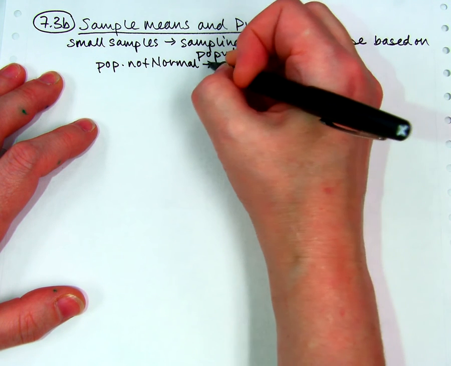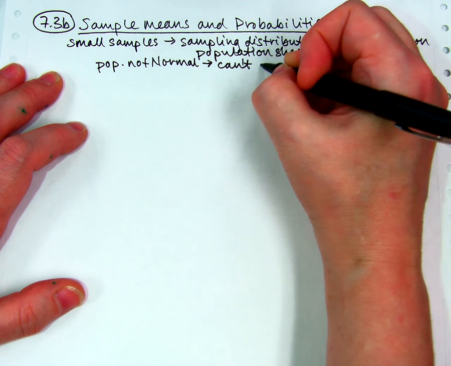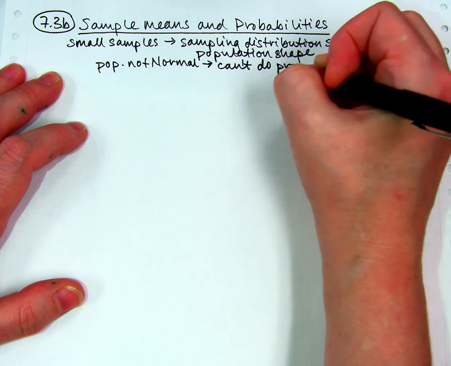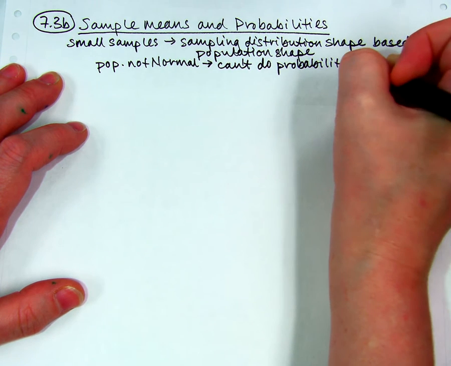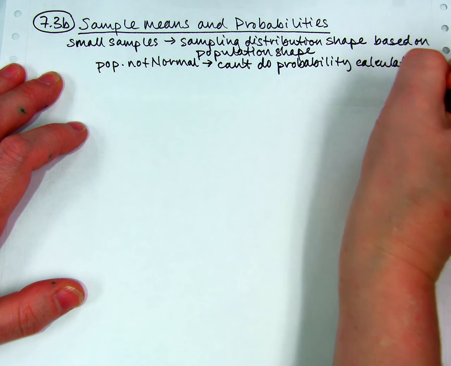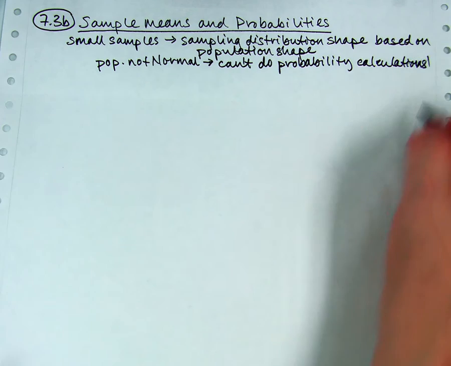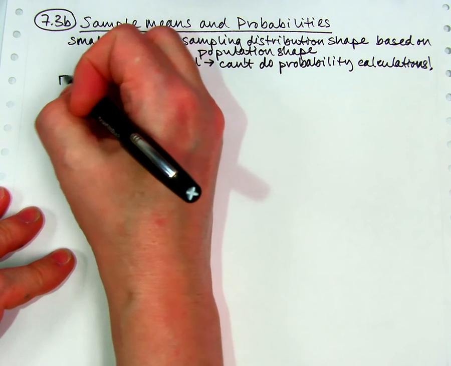We are not going to learn the more complicated math behind that this year. If you take more stats in college, you might get to it, but we basically are just going to say not enough information to do probability calculations. So we're not going to do that kind. Isn't that great? We're just going to say, sorry, we can't do it. But we are going to do problems where we know it's approximately normal, so therefore we can use the normal distribution. So I'm going to do an example of that.